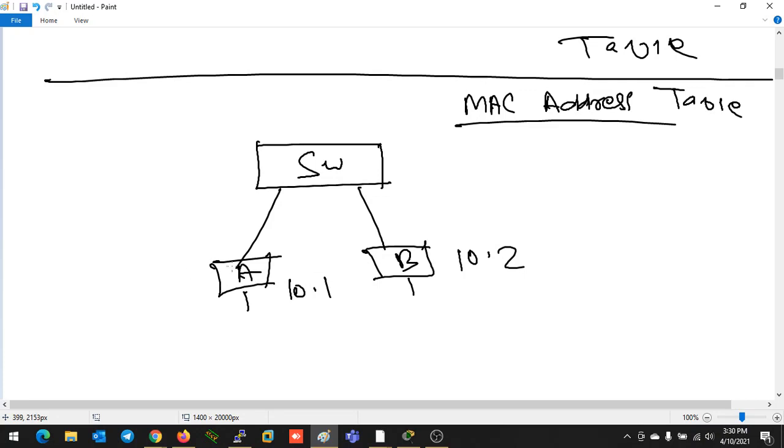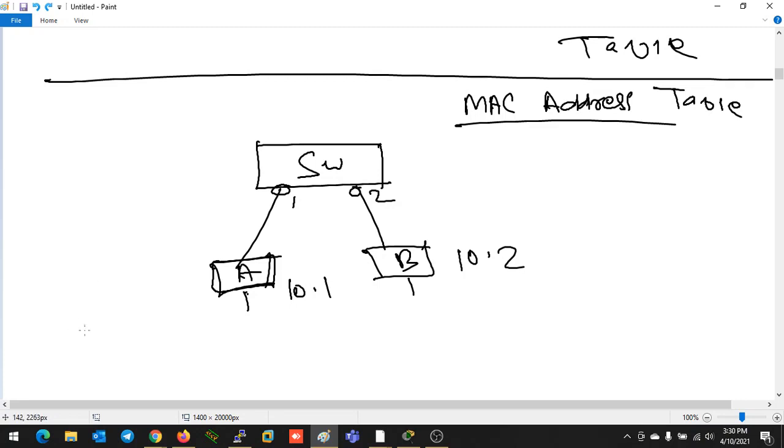Till the time these devices, A and B, or any device connected to your switch, are not going to send any kind of traffic towards your switch, your switch will be unable to detect the MAC address of the device. That's why the MAC address table will initially be empty.